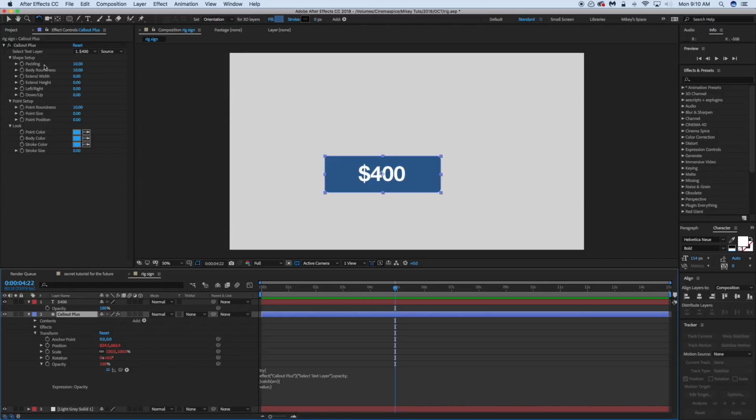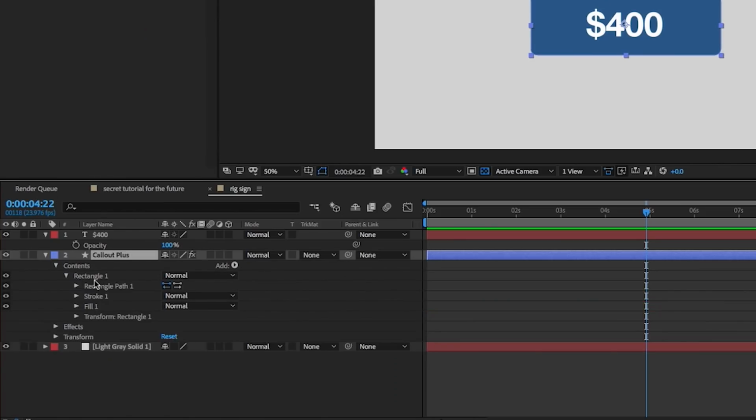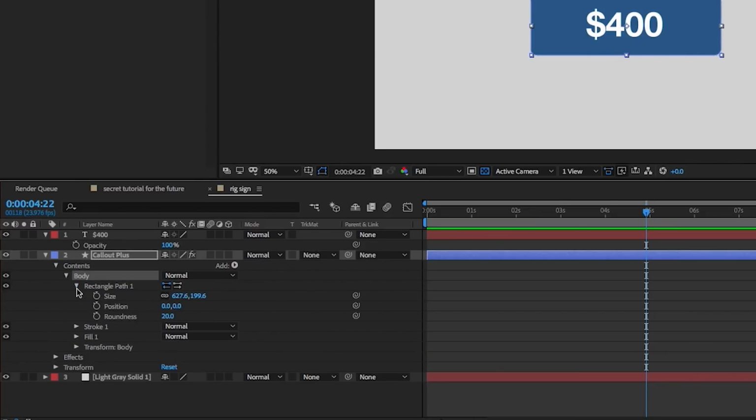Next, let's look at padding. And for padding, we need to also make sure that this rectangle is the same size as this text layer. And we're going to use an expression called sourceRectAtTime for that. So let's go into the contents, and let's clean this up a little bit. This rectangle, let's just call this body, because that's what we were calling it. Rectangle path. Let's make sure